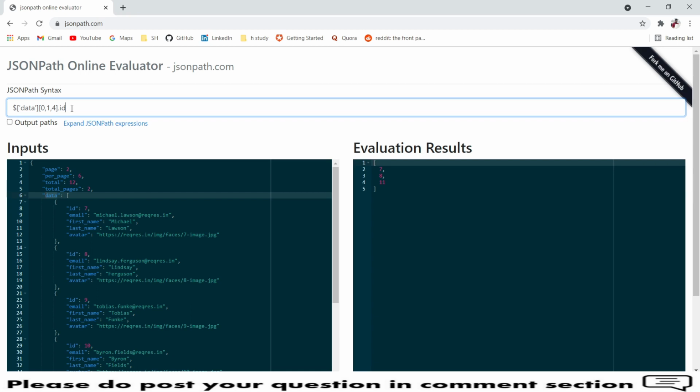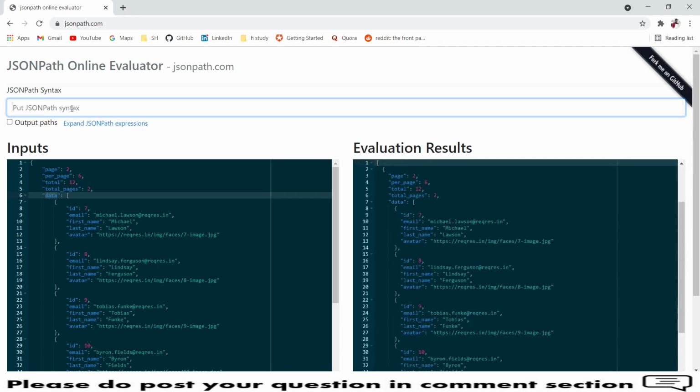So here we have two operators. One is a question mark, which represents the beginning of the expression, and we have the @ operator. The @ operator represents the current node being processed. So let me write it. Here we have this entire response in the input.